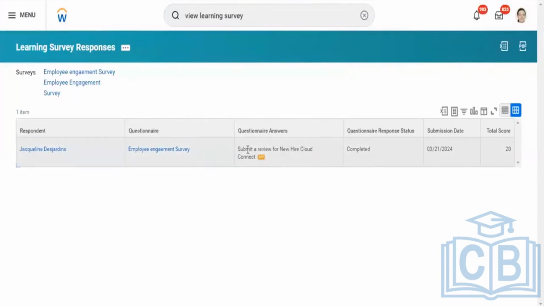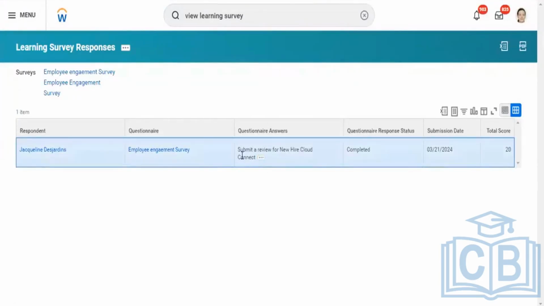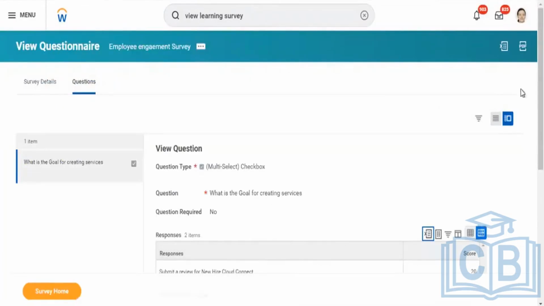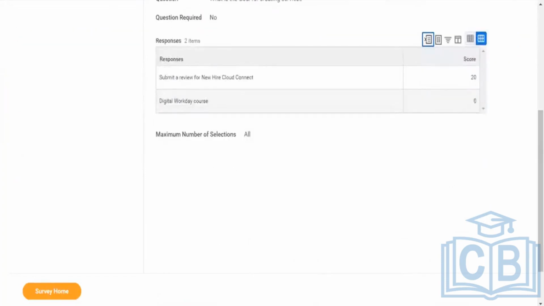You can see submitted review for new cloud connector. We click on this, we should be getting submitted review for new cloud connector.